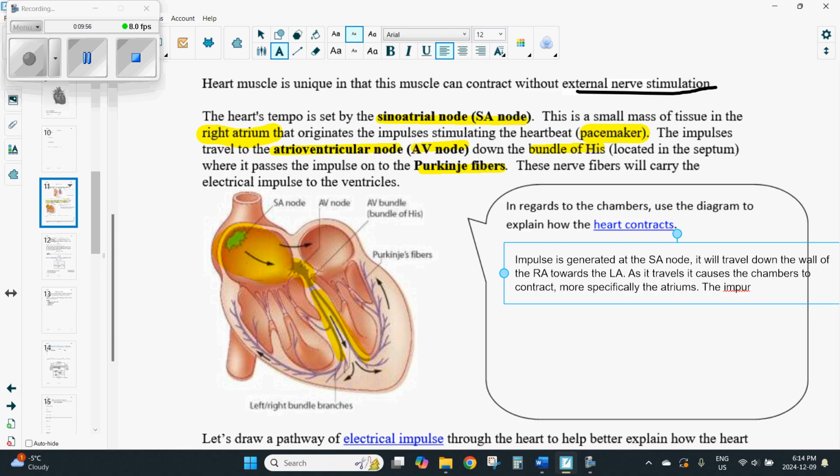The impulse will then reach the AV node, which quickly sends the impulse